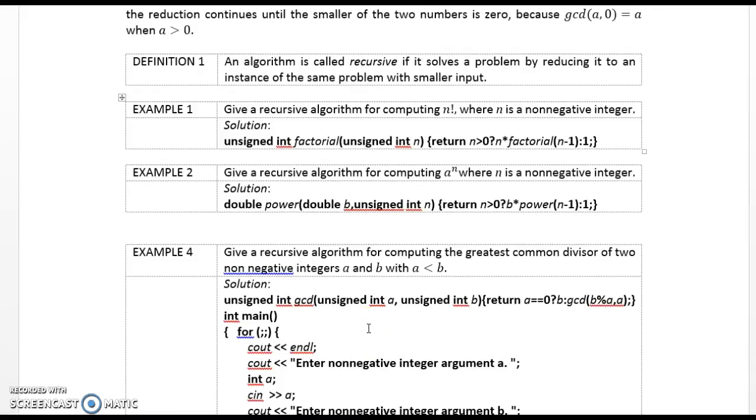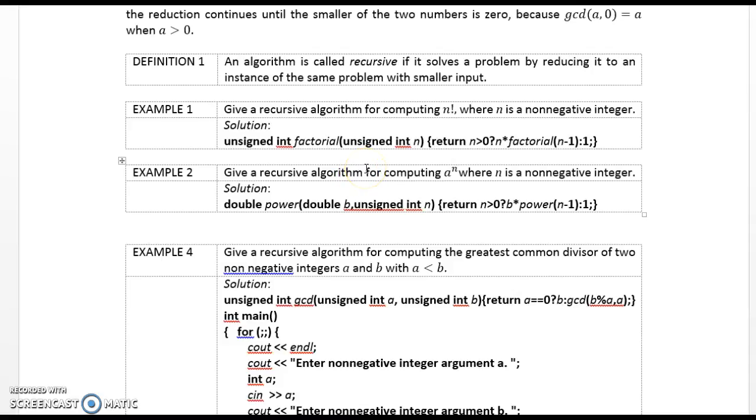Definition 1. An algorithm is called recursive if it solves a problem by reducing it to an instance of the same problem with smaller input. Example 1. Give a recursive algorithm for computing n factorial, where n is a non-negative integer. So the C++ code is: unsigned int factorial(unsigned int n) { return n > 0 ? n * factorial(n - 1) : 1; }